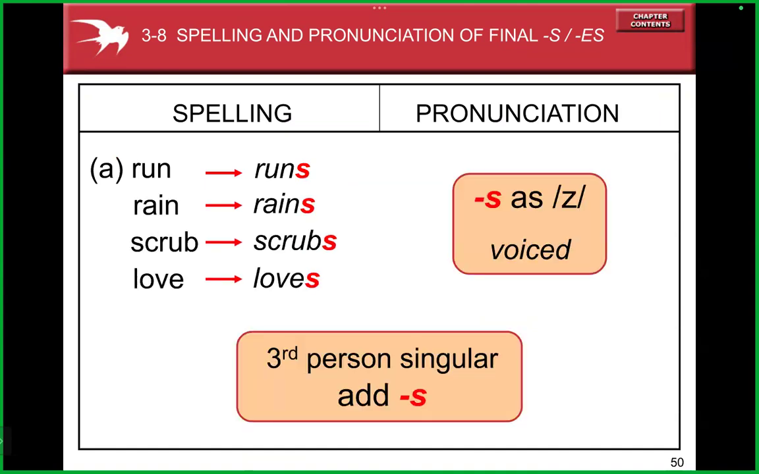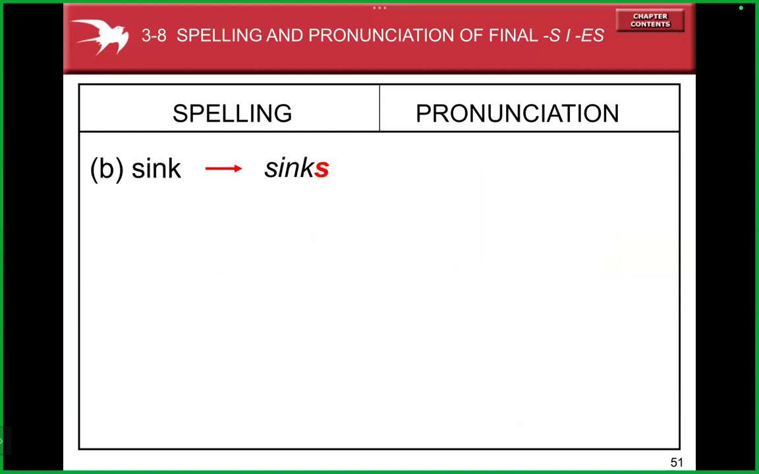Okay, as I said before, for these kinds of verbs, we only add the suffix letter s. Like run, so we only add the letter s. Rain, drop, love. We only add the letter s. In the same way, this